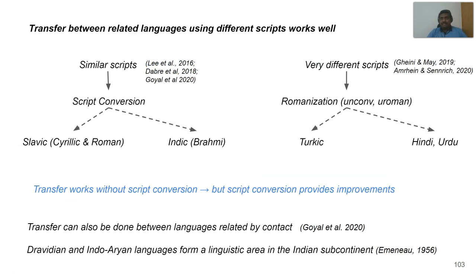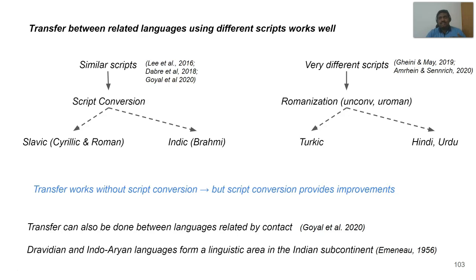Now, what happens if the languages are related but use different scripts? Even in these cases, transfer works well, as borne out by the encoder representations, but we may further help the process if we can bring the surface representations of the two languages into the same character space, so that the embeddings share the same vocabulary. If the scripts are very similar, then it's very easy to map between the two scripts. As an example,